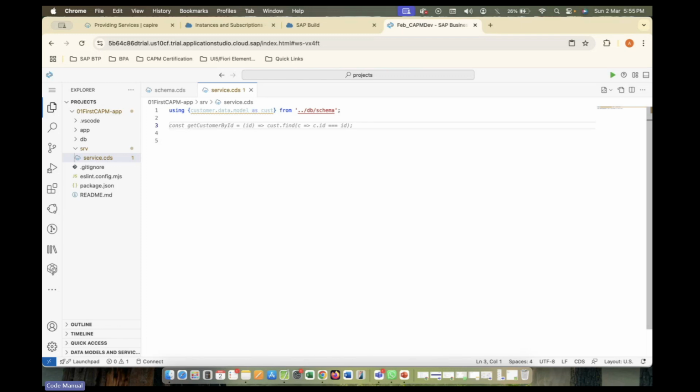Okay. Once this namespace is addressed in this service.cds file, then you have to define a service keyword. This service keyword will create a service, the name of the service that we are going to create, that will be addressed in a localhost in a server. Service of customer service